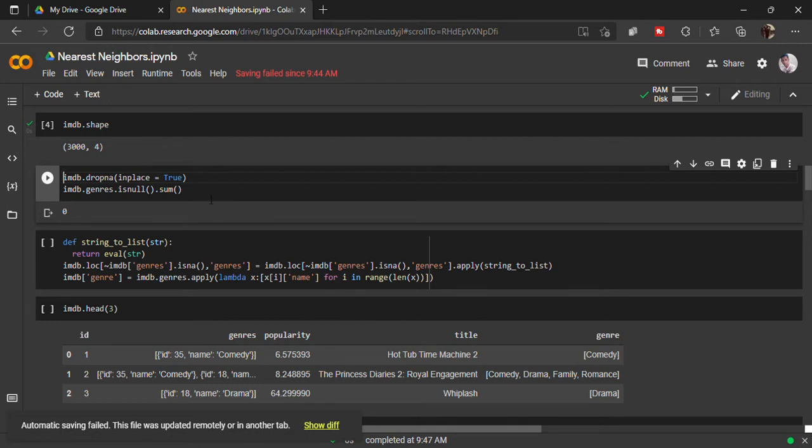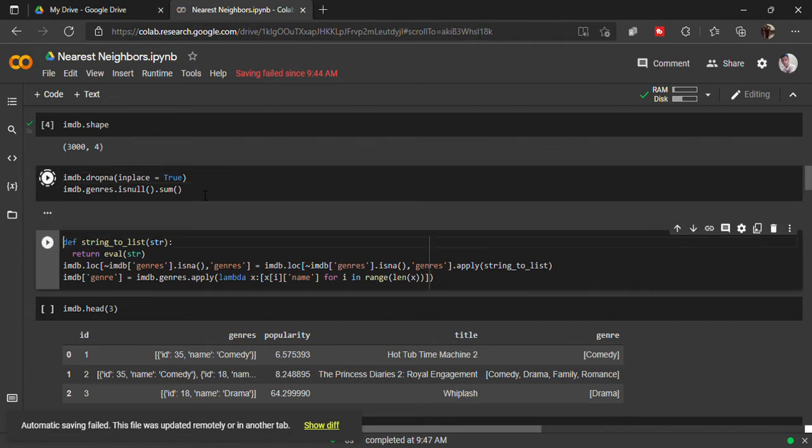But before dropping, just examine once how you are affecting the dataset by dropping the null values. You should examine before doing any modification.